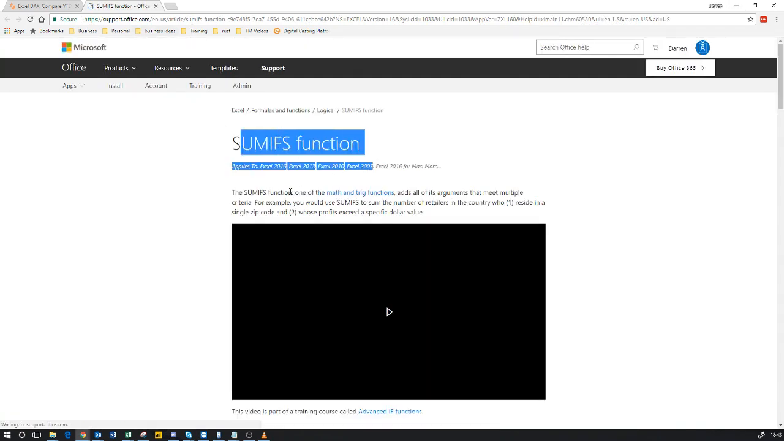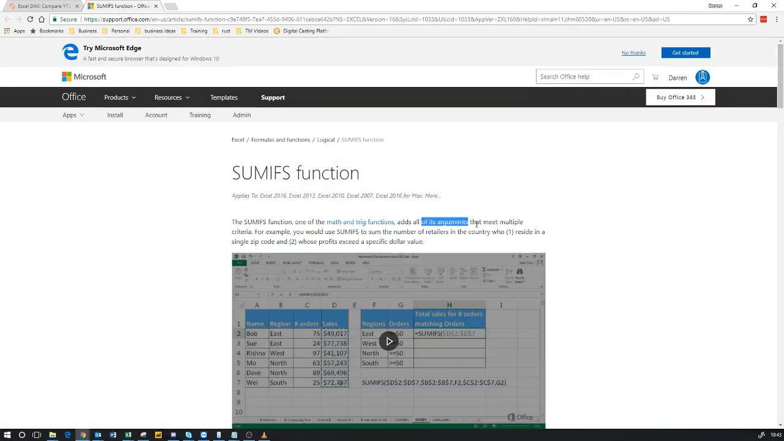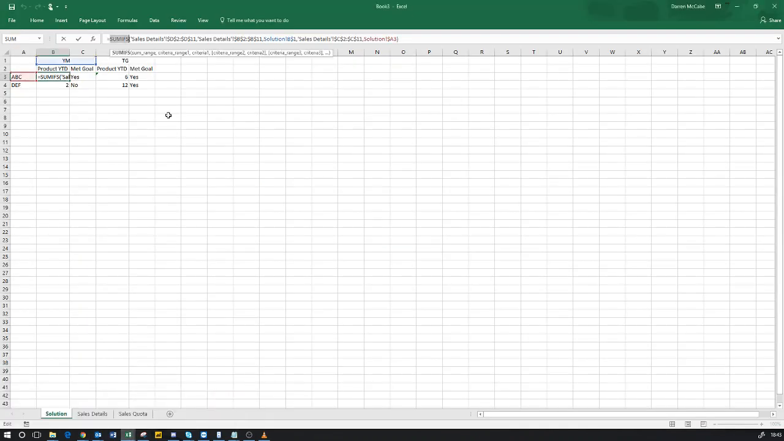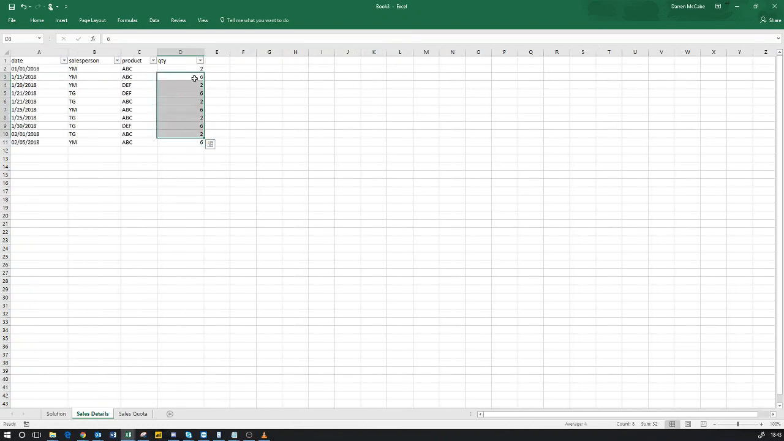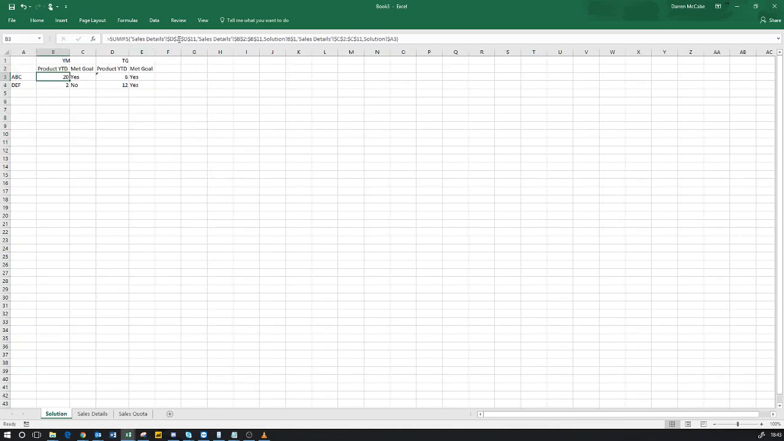Very handy function. There's a link to it there, the SUMIFS function, one of the maths and trigs, which adds all of its arguments that meet multiple criteria. So it's for adding together the results of multiple criteria. To put that in simple terms, it will add up everything in the sales details tab in rows D2 to D11. So it's going to add up everything in there, but only if